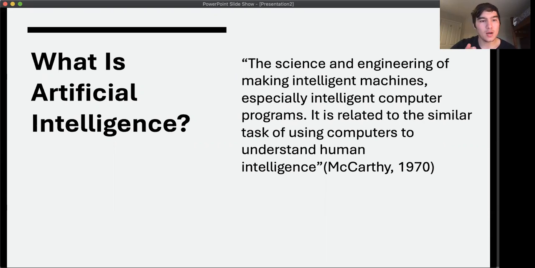So a lot of what artificial intelligence does is takes tasks that humans can do and has computers able to do it. It's a lot of automation. Some of it isn't automation. Some of it, you can see some like chatbots and stuff like that are interactive, but a lot of it is converting things that humans can do and having computers do it because they are much faster at doing it or more accurately at doing it, or it's safer to do.